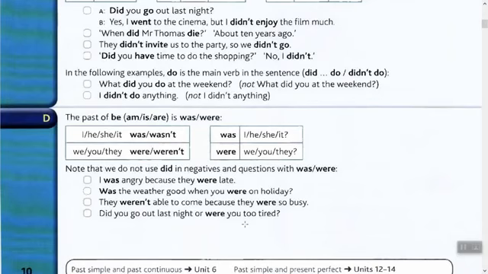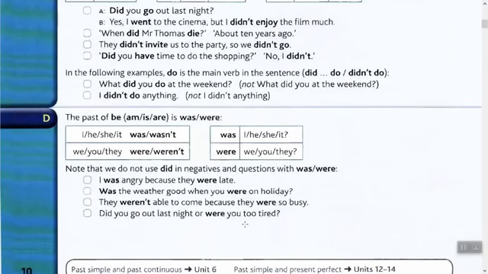When you come to the use, when do we use past simple? امتى نستعمل past simple? We use past simple when we talk about something happened in the past. Happened and finished in the past. Okay? Started and finished in the past. No longer now. There is no connection between past and now. ماكو علاقة عندنا بين الماضي والحال.